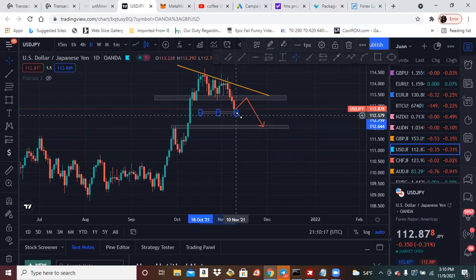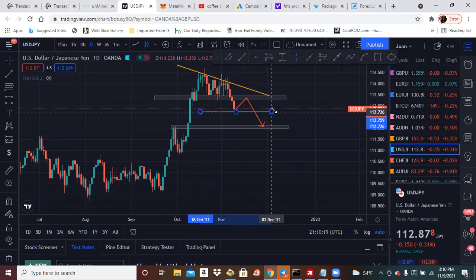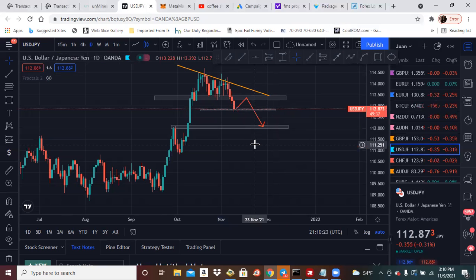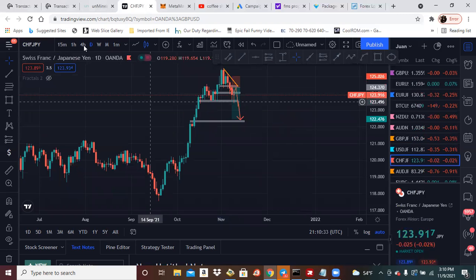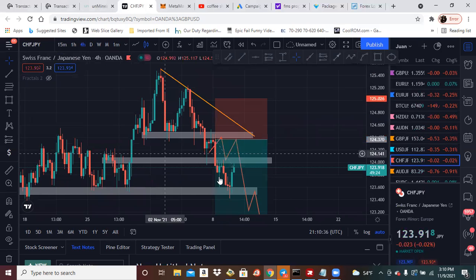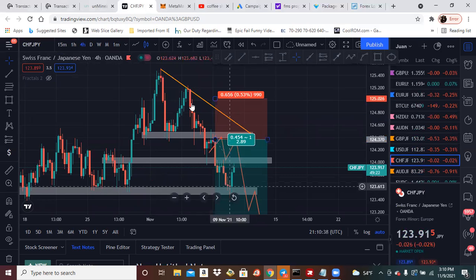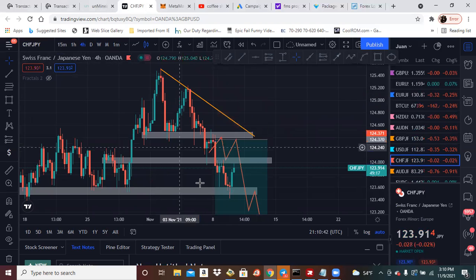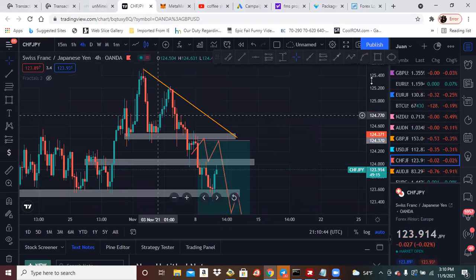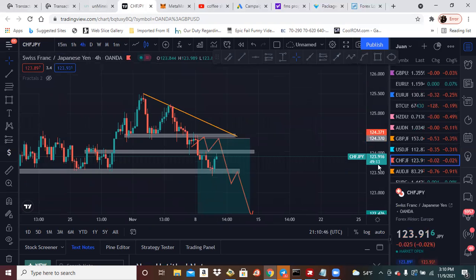But I've seen setups like this before. It's probably going to make a lower low. And then looking at the Japanese currency index, it looks like Japan is going to be bullish. Same with CHFJPY. We actually closed out when I saw this candle down here. We actually had stop losses at break even, but I went ahead and closed out and took the bag. Kind of over leveraged on that one, but